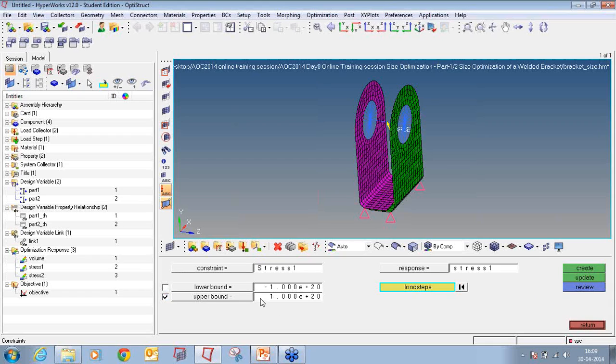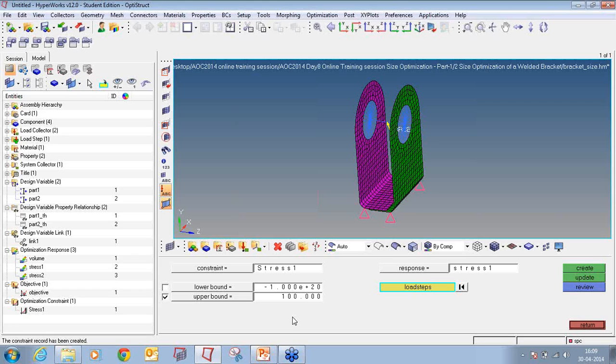Check the box in front of upper bound and enter the value as 100 and click on create. So with this, a constraint is defined on the response stress 1. The constraint is an upper bound with a value of 100. The constraint applies to